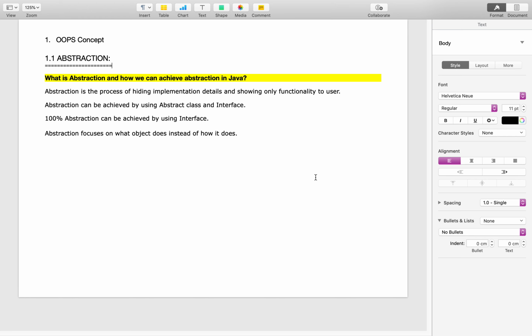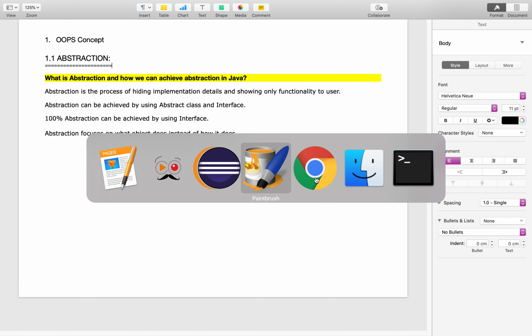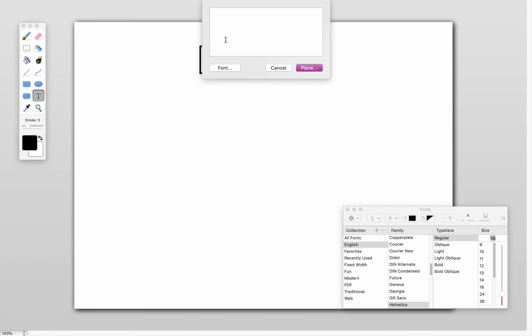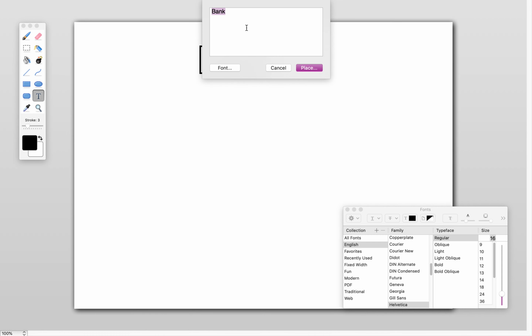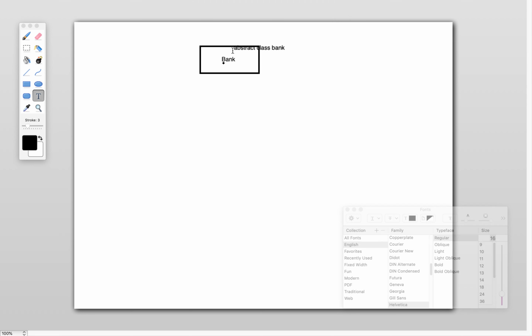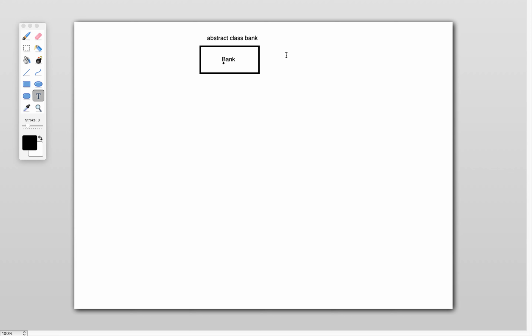So let's quickly check the abstraction concept with an example. Let's create a class Bank. Let's consider this as an abstract class. So what is an abstract class?